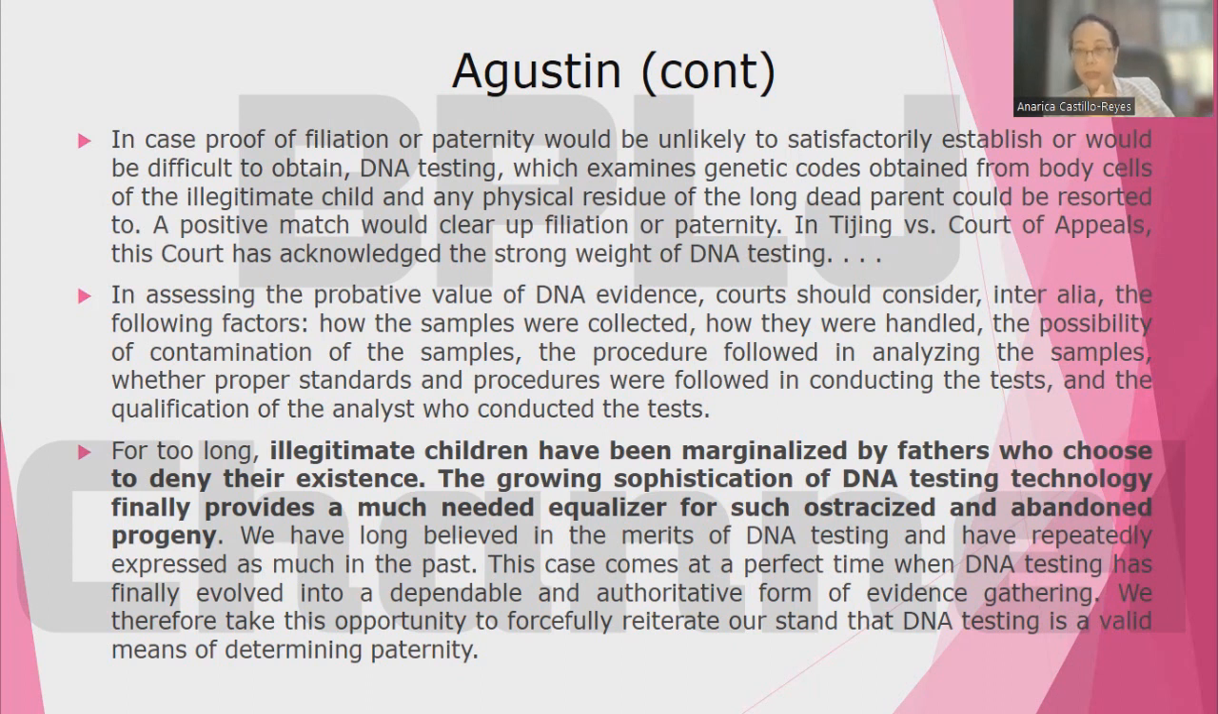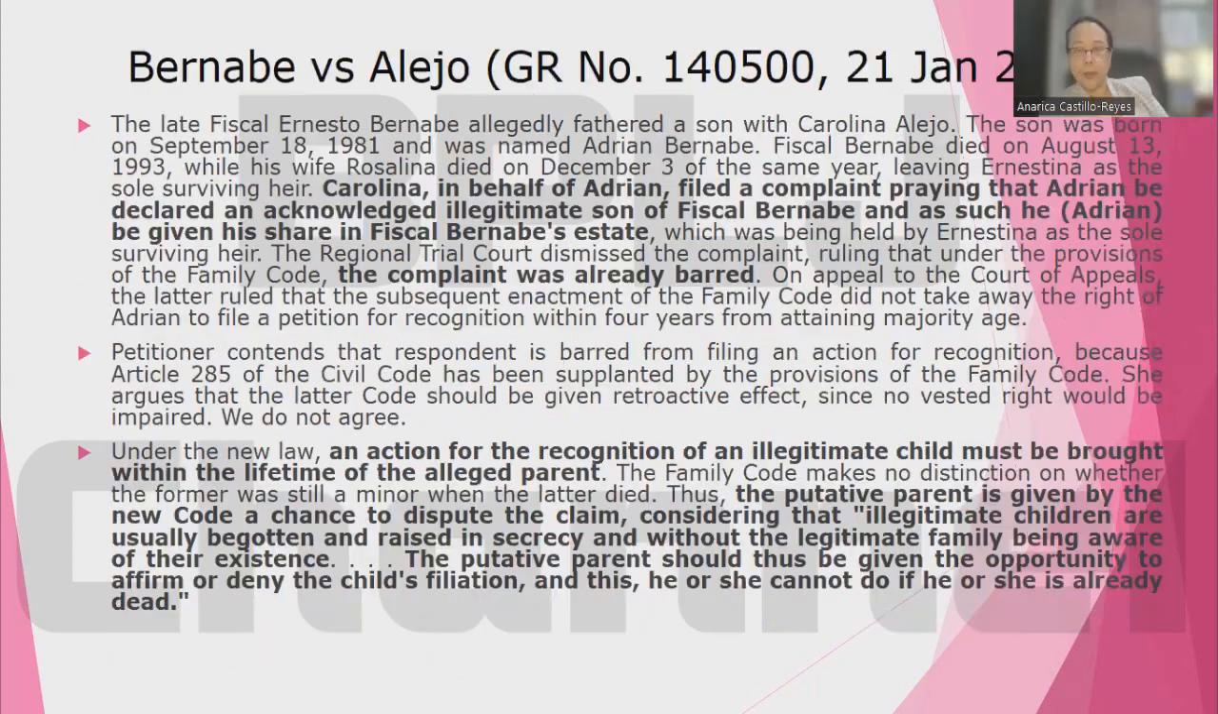under Article 172. So you must remember that the primary evidence would be record of birth, public instrument, private handwritten instrument acknowledging filiation, signed by the putative parent. Okay? Or secondary evidence, open and continuous possession of the status of either a legitimate or illegitimate child, and any other means allowed by the rules of court. This is where the secondary evidence of DNA evidence can be